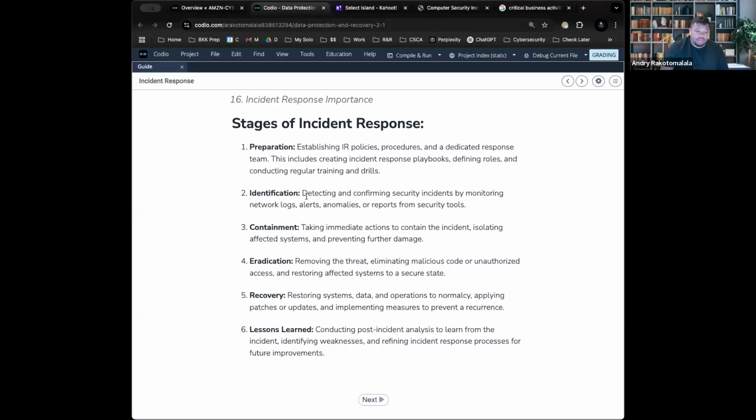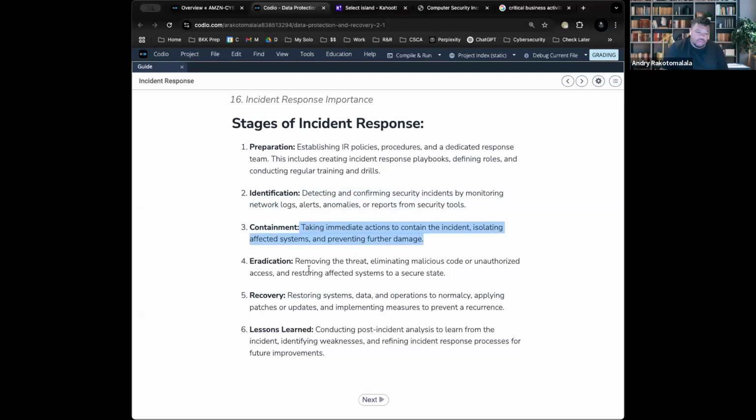So when an incident is happening, you have to identify it. So you identify it, you detect it, and then you have to validate whether it's an actual incident or not. If it is an incident, then your next step is to contain it. This is what I mean by having network segmentation in place, making sure that data is backed up, where you contain it all in one location so it doesn't spread. So the idea is just overall containment.